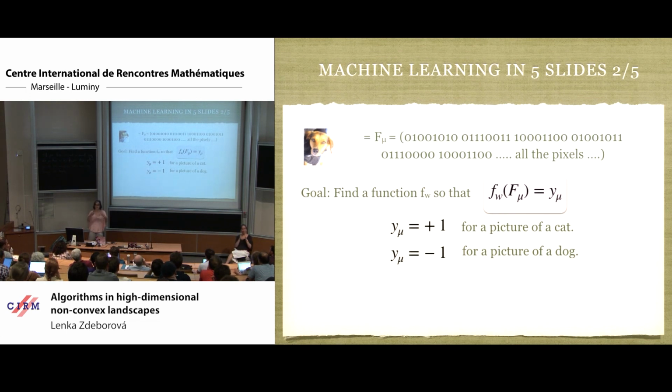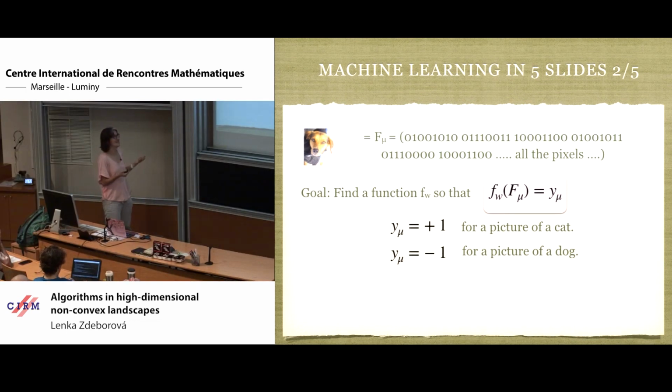But if I show you this sequence of 0s and 1s, it's not easy to see from the sequence whether it's a cat or a dog. If I don't give you the way to translate it back to the figure, you will have no idea what to do. And that's what the computer has to do. The computer has to find a function parameterized with some w, so that if on the input of the function you put this long sequence of zeros and ones, it outputs either +1 for a cat or -1 for a dog.